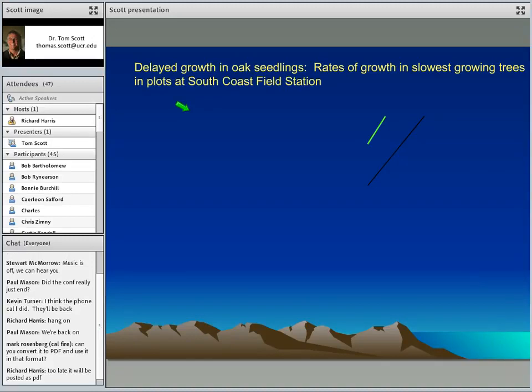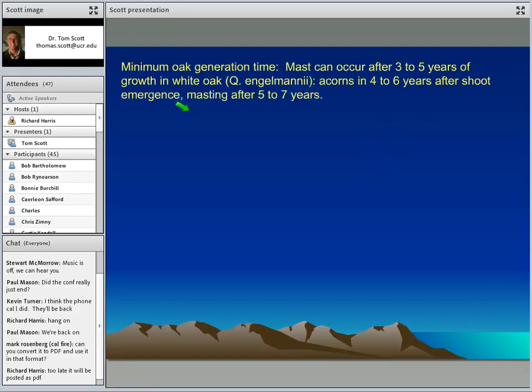Oaks do a tremendous number of things, and in this case, this is a picture that would show you that if you get to a safe site as an acorn and grow, you can grow remarkably rapidly. You can get a yard, a meter of growth a year coming out of a seedling. But if you're not in the right place, you're still not necessarily going to be a mortality. You're going to hold on for maybe 6 or 7 years before you take off and start to grow. Again, all these are strategies that oaks employ to stay in places where the rainfall is not as predictable.